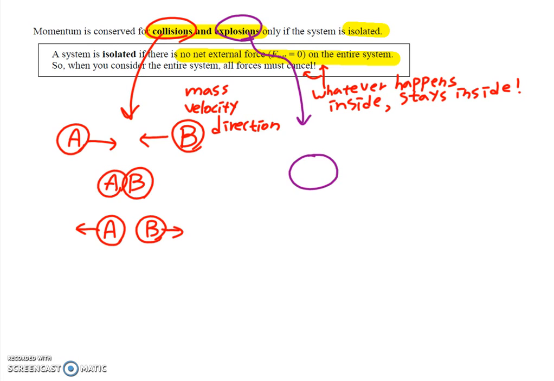The way it works is it generally has no motion. However, after the explosion, it's going to break down into several different pieces, and then it's going to travel in different directions. Now, the funny thing about explosion is, since it's originally 0 to start with,